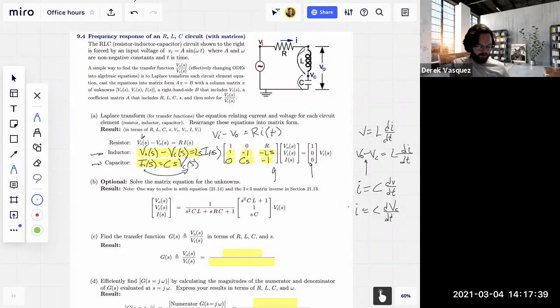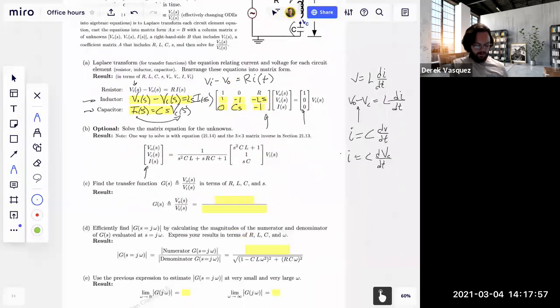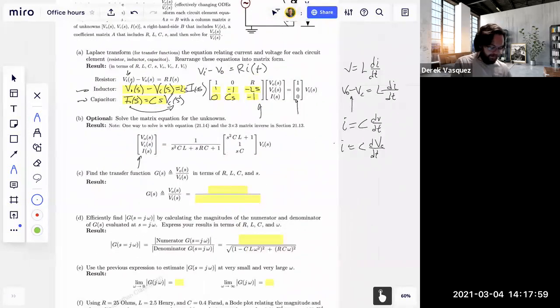So then part B, it solved the matrix equation for the unknowns. And so all they did is they solved for this column of V0, VC, VI. They used just a matrix inverse. And so you can see what they came up with there. So then part C wants us to find the transfer function of V0 of s